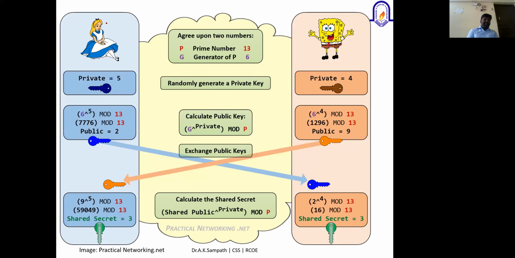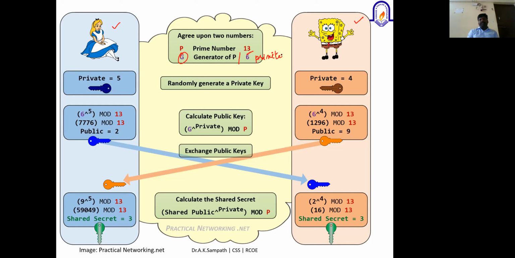Let me try to understand. This is Alice and Bob, right? They want to use this Diffie-Hellman key exchange algorithm in order to generate a secret key for exchanging the information, in order to do the encryption and decryption, right? First of all, they need to select the prime number, which is p, and a generator. They can use any value which can be a primitive root. They can use any variable instead of alpha. They can use g, which is the generator of p, or you can call it a primitive root.